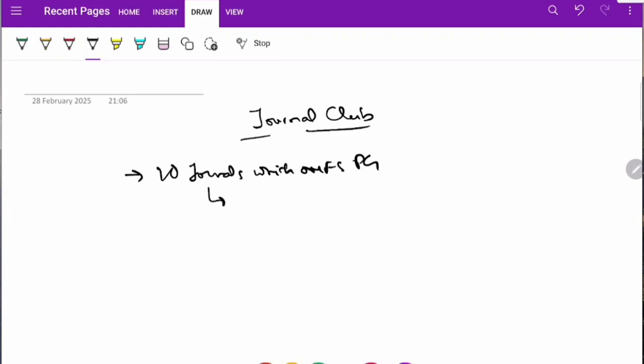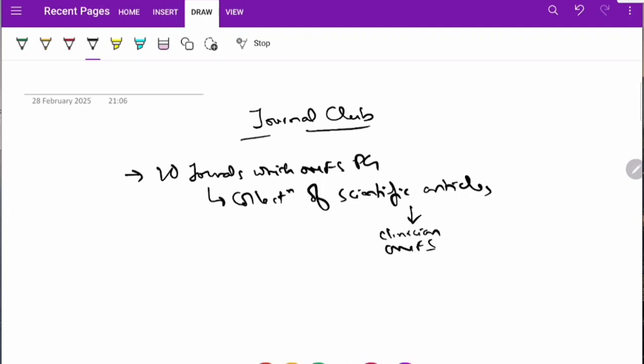Journals are basically nothing but a collection of scientific articles. And what are these scientific articles? These articles are written by clinicians, surgeons, and researchers. What they do is they conduct some studies